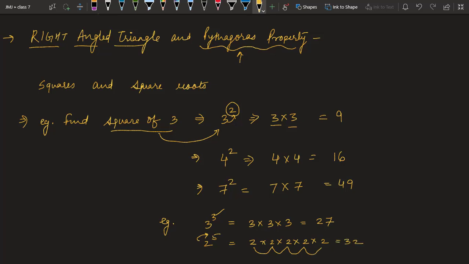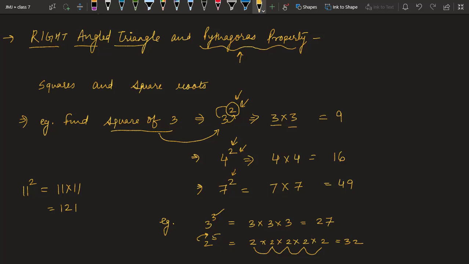I hope you are able to understand how we solve powers. These are powers. You cannot say 3 power 2 is 3 into 2, or 6. It is 3 power 2, and this is 4 power 2. Similarly, if someone says find 11 power 2, that means you have to find 11 into 11, and that is 121. Now comes the reverse process.